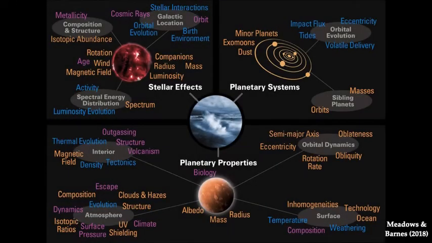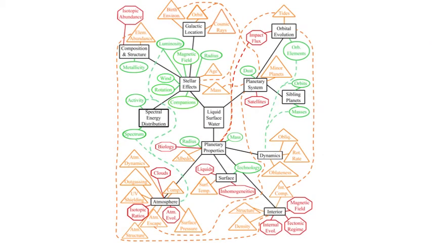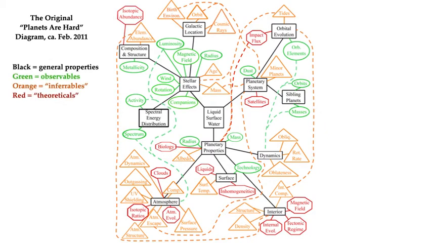If you participated in the pre-conference activities, you saw this figure, the so-called planets are hard diagram. I actually want to show you the original version of this figure, which I created just about exactly 10 years ago. The content is about the same, where the black squares represent general properties, the green ovals represent observable features, the orange triangles are what I like to call inferables, or properties that can be deduced from the observables and the laws of physics. The red octagons are the theoreticals, which are properties that can only be characterized via theoretical